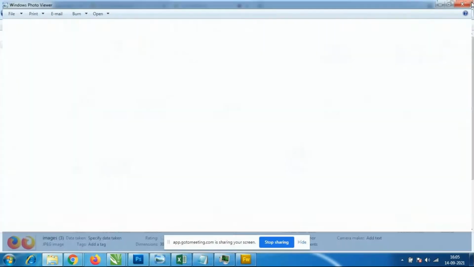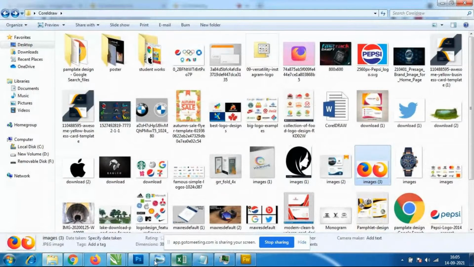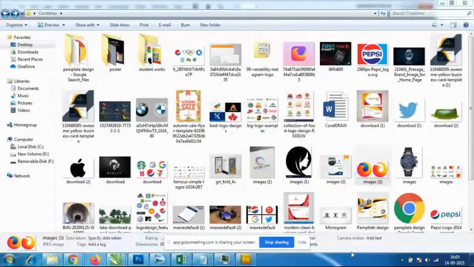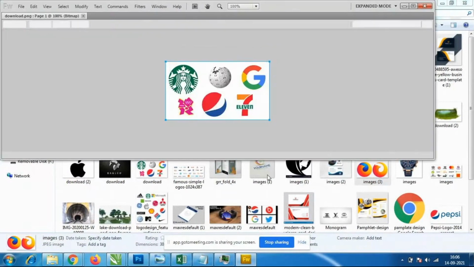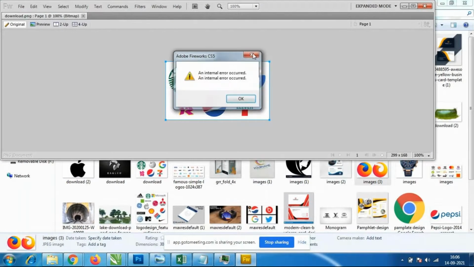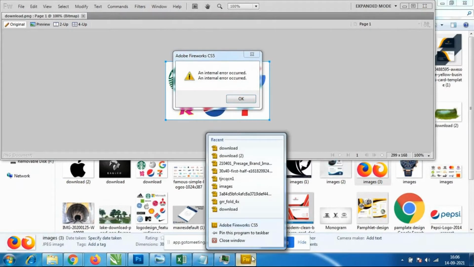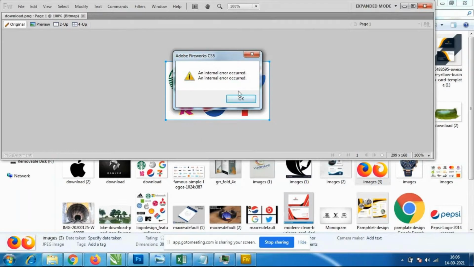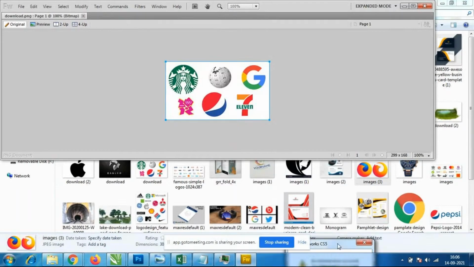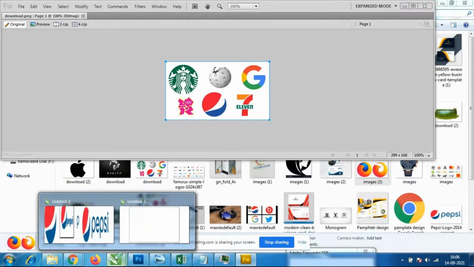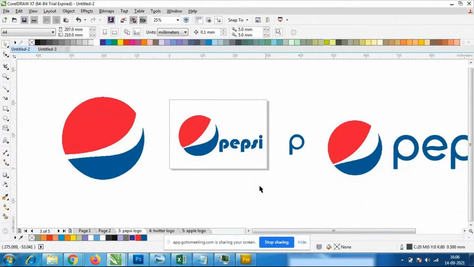Okay, so the Firefox logo is there. So we have to create all the different logo designs in different classes. Okay, so yeah, Starbucks logo, check the logo. One second. Okay,